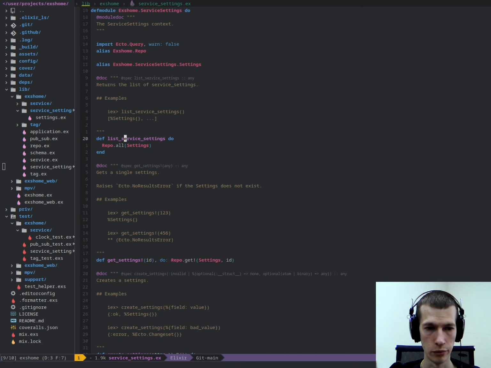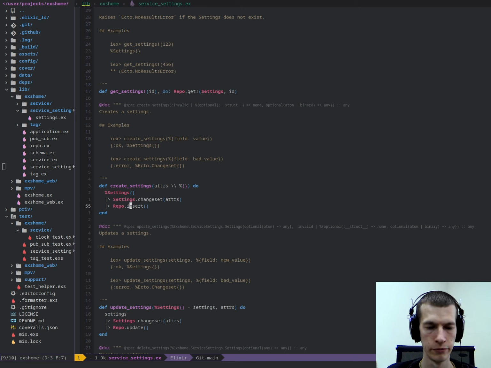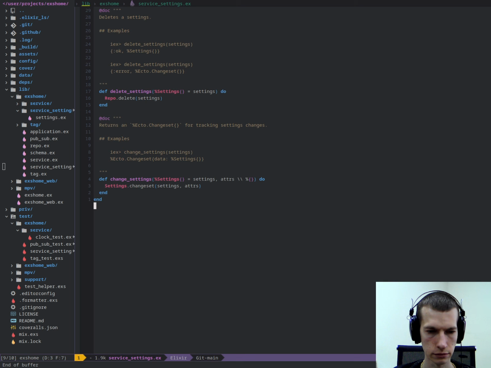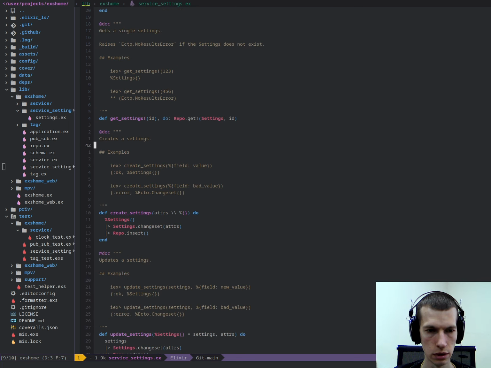We have a function to list all settings, get settings by ID, create setting. It has no transaction right now. Okay, there are no transactions. That's why it works. But if we want to add some